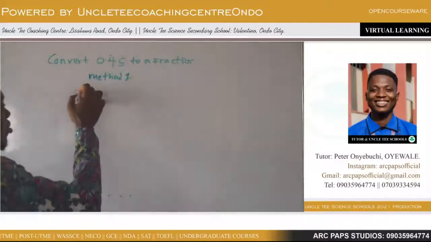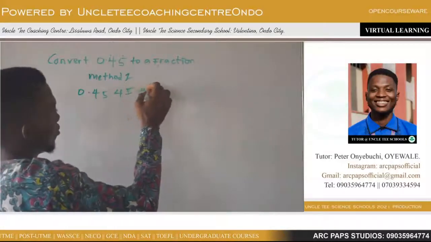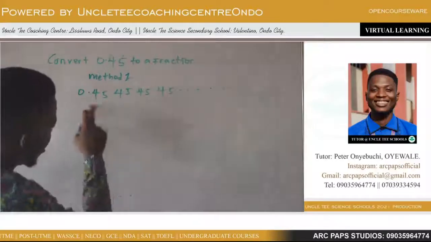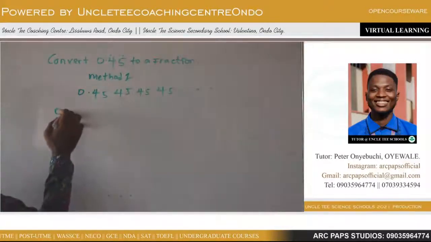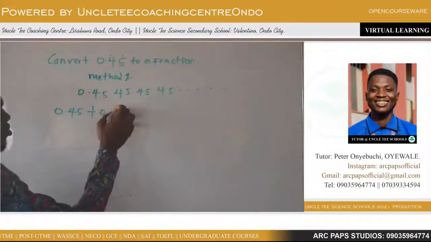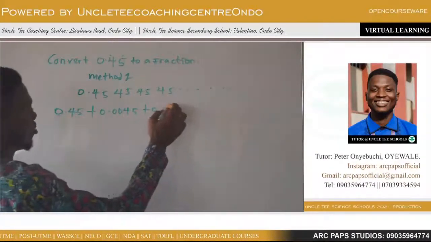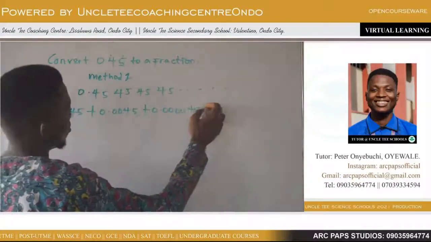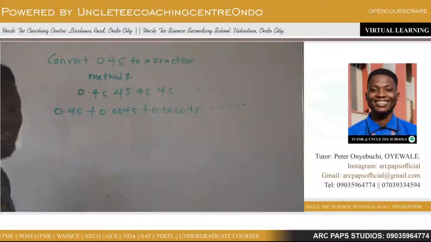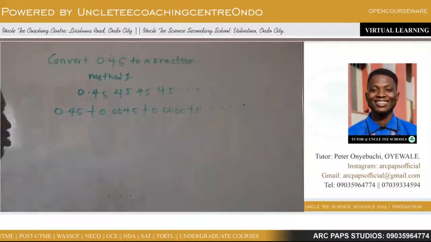Now if 0.45, let's write it in the full form. That's 0.45454545 to infinity. Now this is also the same thing as 0.45 plus 0.0045 plus 0.000045 down to infinity. Now this has formed a geometric series, and we want to find the sum of this